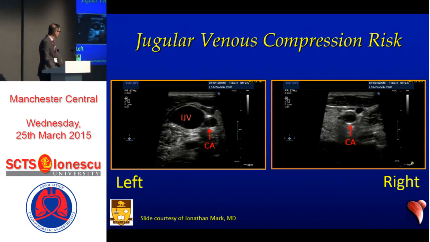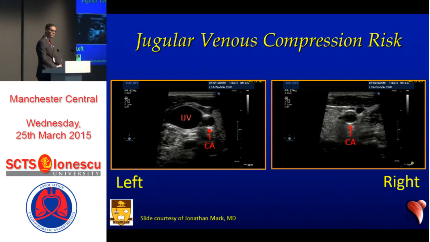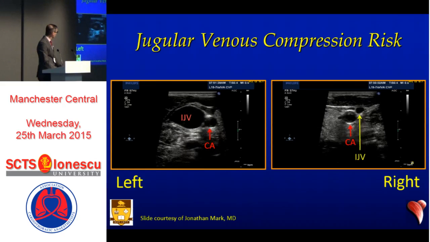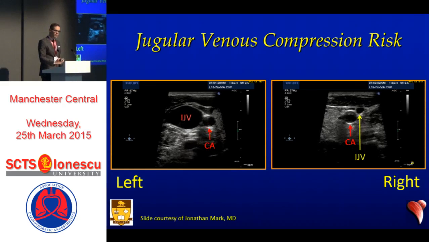Here's an ultrasound of a patient who is having their internal jugular vein cannulated in a very routine fashion preoperatively. We can see on the left side we've got a very large internal jugular vein, the carotid artery is here. But notice on the right side we have this rather atretic internal jugular vein. So you can imagine when you're actually putting your central line in and you're turning the head towards the left